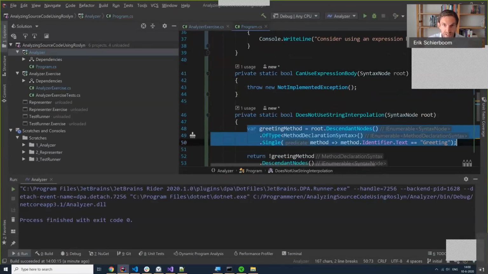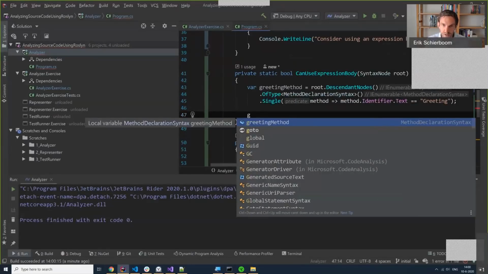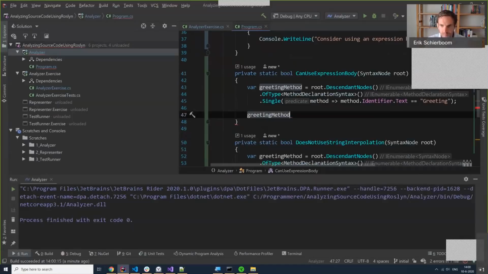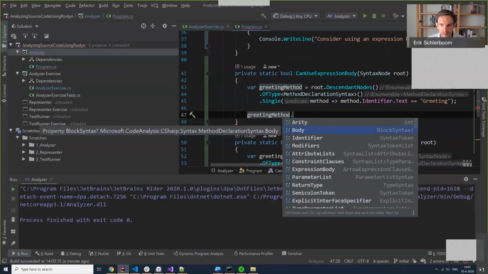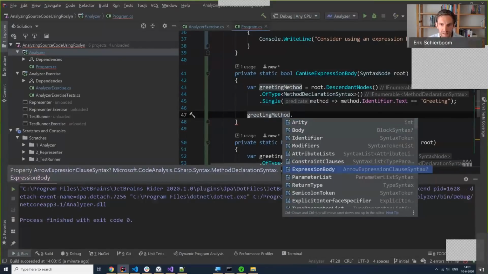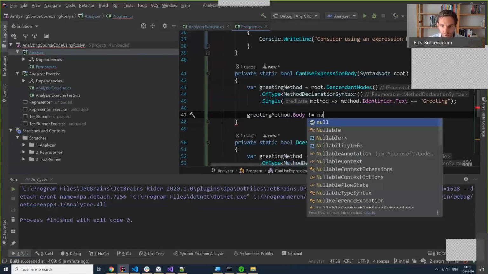So let's copy paste this again. And then we can just drill into the properties again and see what it looks like. So tons of properties here. The thing that we are interested in is either a body or an expression body. And the way that Roslyn works is that a method can have either curly braces and then the body is set and expression body is null, or it can be an expression body and expression body is set and body is null. So in this case, what we want to check is if the body is not null,